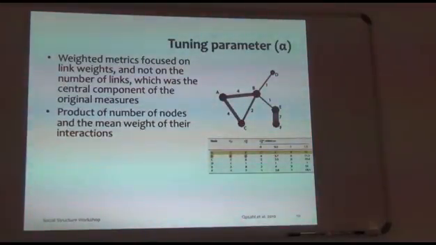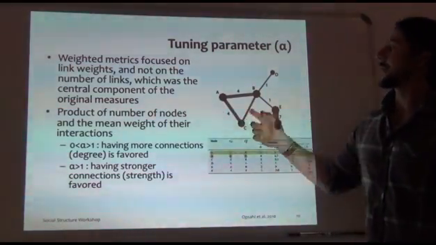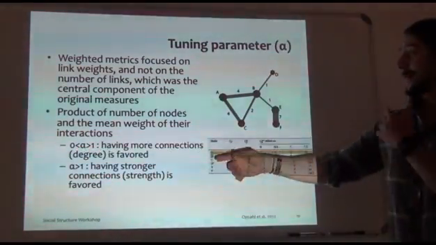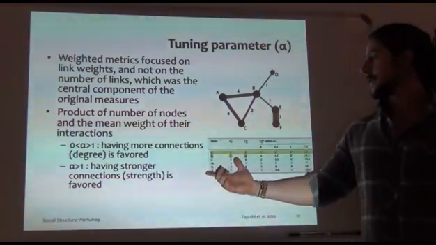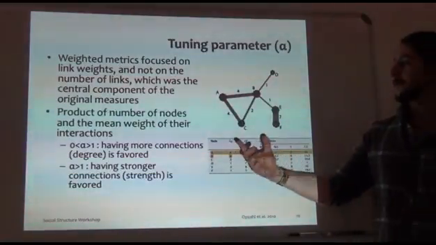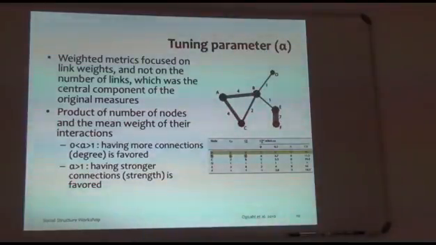The way the alpha works is just the product of the number of nodes and the mean weight of their interactions. So if you have an alpha value that is between 0 and 1, having more connections is more important in your case. If you have alpha greater than 1, you're giving more importance to the strength, to how strong these connections are. Any question? It's a recent improvement on the metric. And this alpha value you can apply to other centrality measures like closeness and betweenness, the ones we're going to see